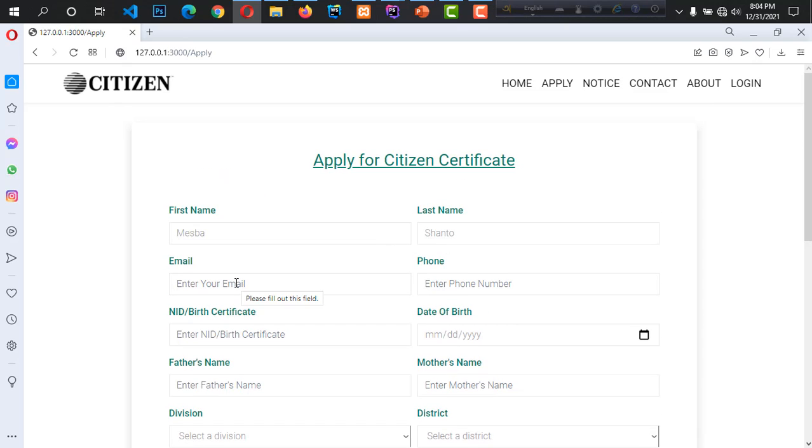So in here we give email. It will be our email address. By this email we can log in to this system to download the citizen certificate that was accepted by public representative. In here I give my phone number.